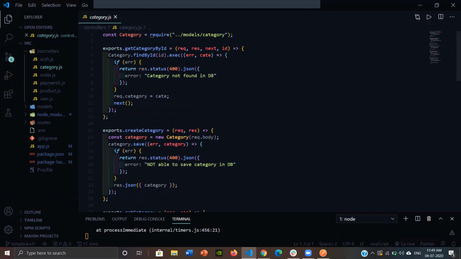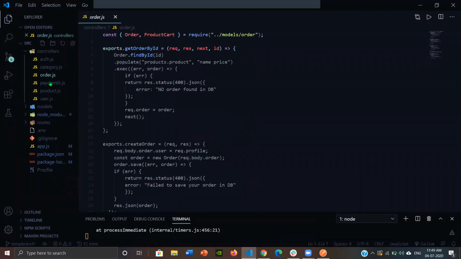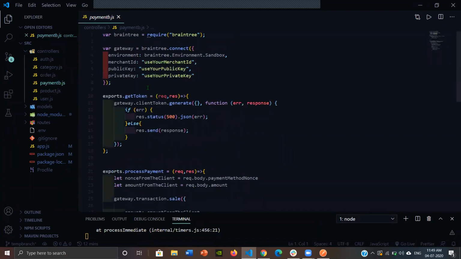Next is the route for category and order. Actually, we are working on the order part, so we were not able to implement it yet, but we are working on it. Also, we have integrated the payment method, PayPal, but we need to complete the order part and the cart part for it. Then only will this work, and we will be able to show the payment method and routes with the help of a front end. So basically we have done some part of this and need to complete it. We are in the middle of this.